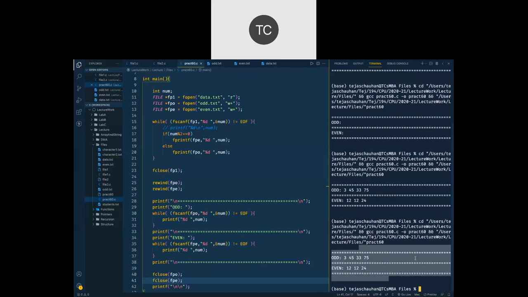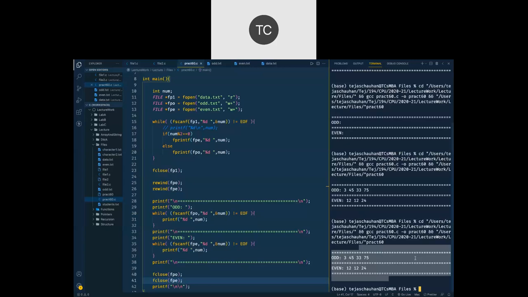So that's all about files, file pointer, few file IO related operations, rewind function. You can also see fseek and ftell. The ftell function is going to give you the current position of the file in terms of bytes.